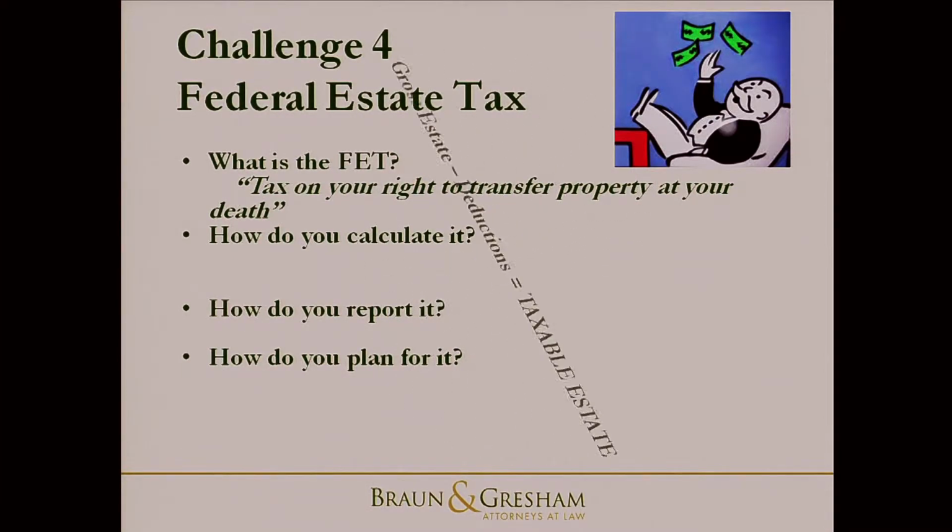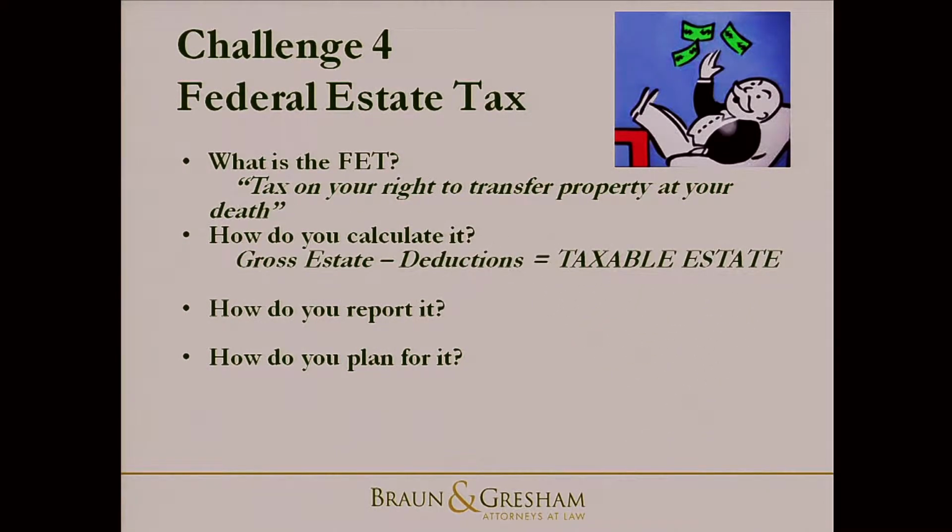How do you calculate it? It's very simple. Add up everything you own or have an interest in. This could include the ranch, that could be very, very valuable, but it could include a life insurance policy that the decedent owned. So the decedent controlled it, but the decedent is dead. He doesn't have a benefit of that policy. It goes to somebody else.